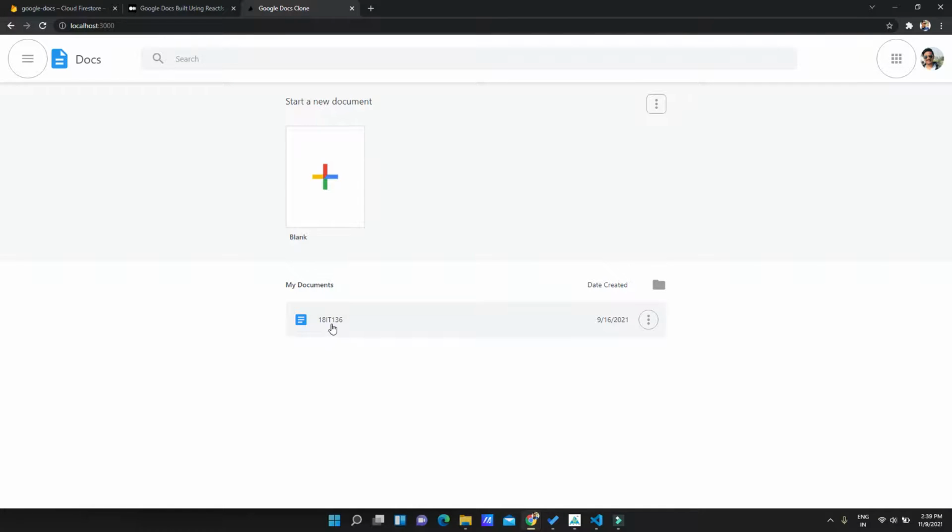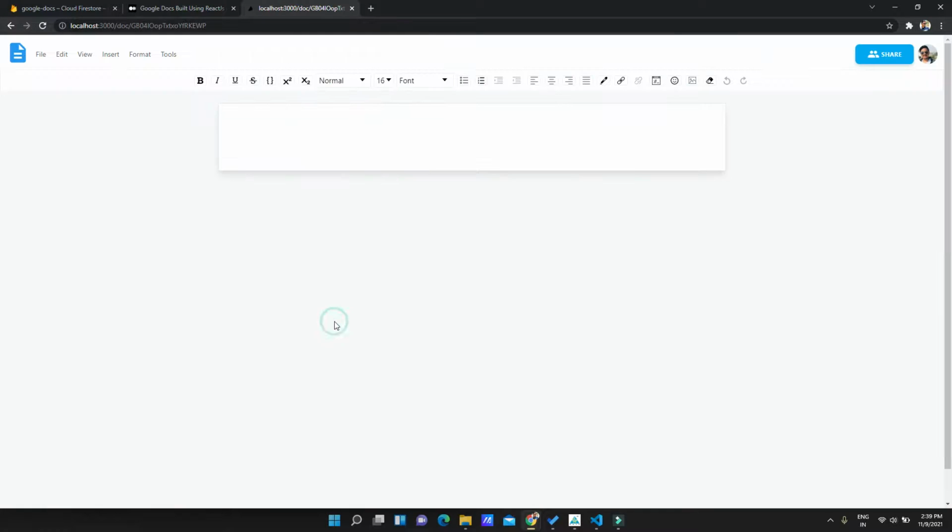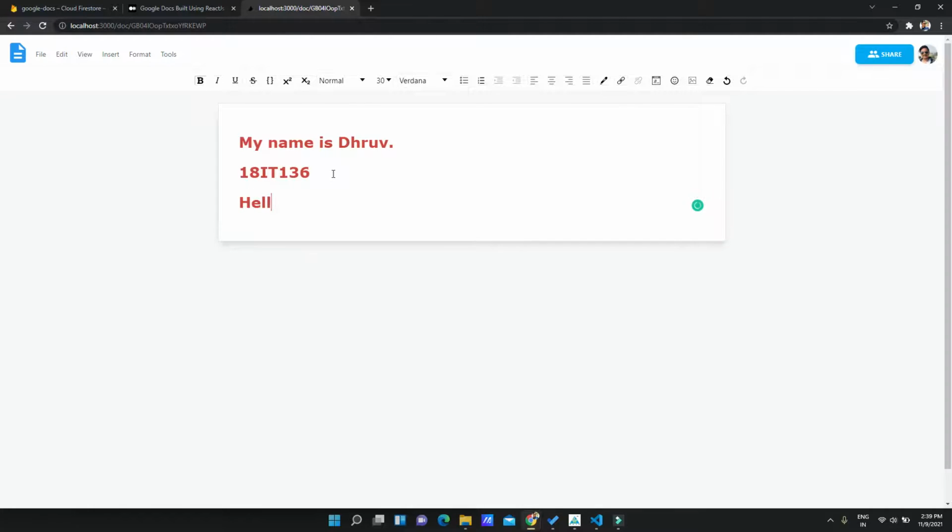If we want to update the document which we created on the 16th, I think September, let's click on this document. It will fetch this document directly, and let's say we want to add something.